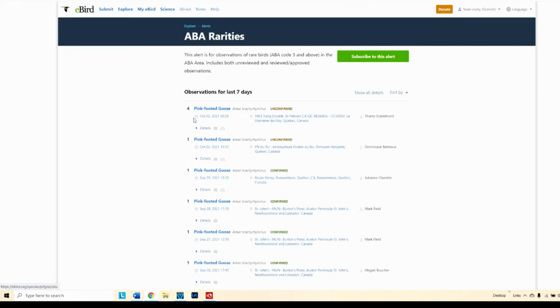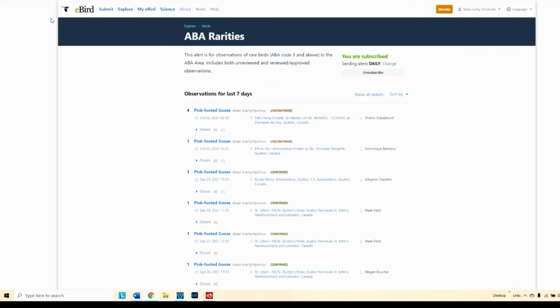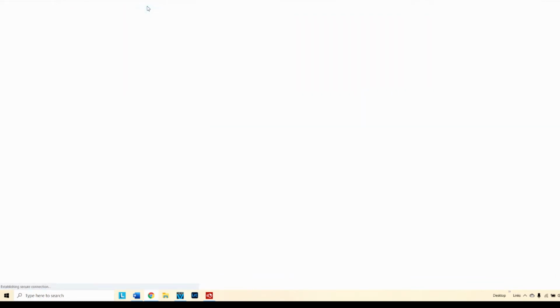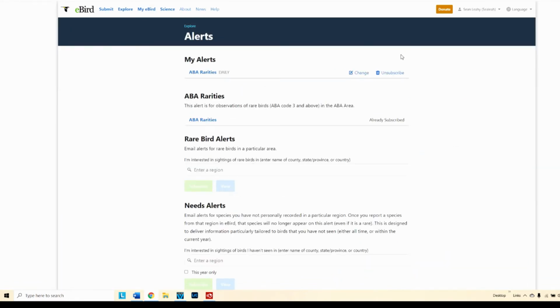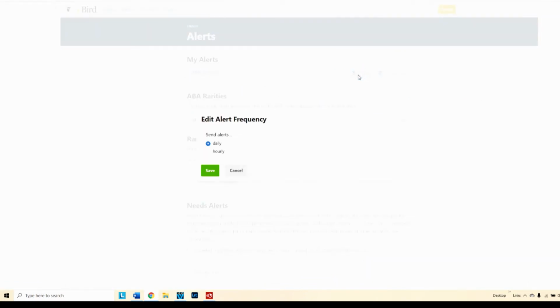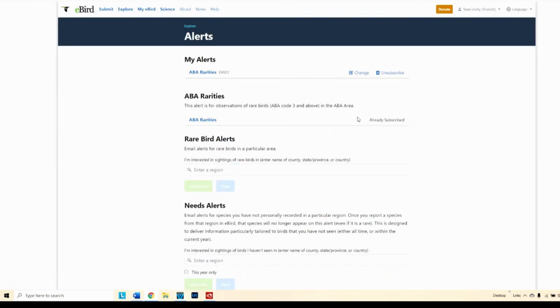So pink-footed goose has been seen October 2nd. That's not that close to where I am here. That's close to 4 hours away. But if you click subscribe to this alert, it will send you a notification every day about that. And you can even edit that list. So if I go back to alerts here, unsubscribe, if I click change, I can change it from daily to hourly. So if I'm someplace where I'm there for a few days and I want to get an hourly alert,